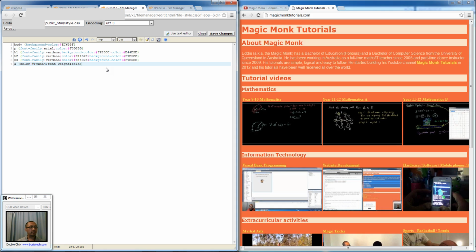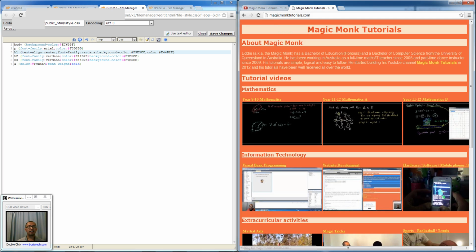for example, if I want the title here to be centered, I can put in here, for the heading H1, text-align: center; save the file. So I'm editing my style sheet, save the file, refresh the page, and you can see that my H1 heading